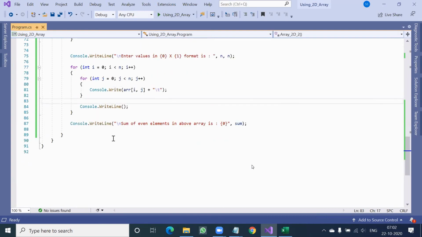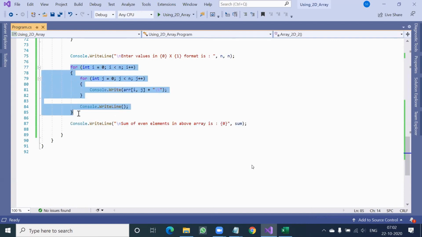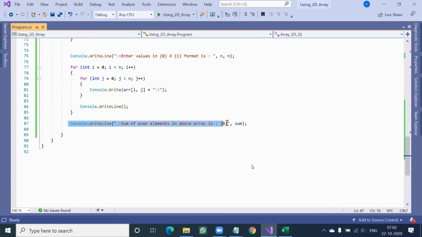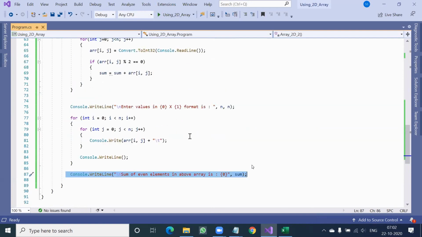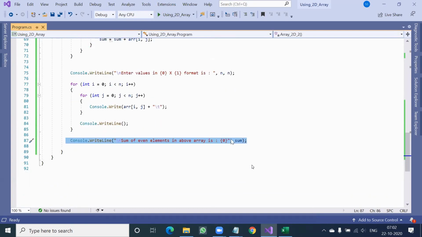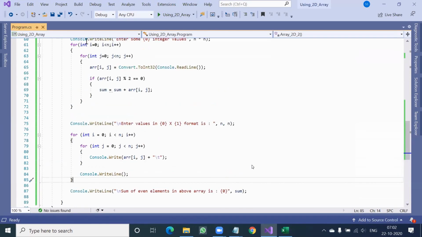One more question. These are all questions I am only generating because you are not asking. Suppose this line, instead of putting outside the loop, if I put it inside the loop, what will happen? For every number, it will display this line, isn't it? Sum is this, sum is this, sum is this. So we don't want that. We want only one simple line extremely at the last. So this line is not going to be repeated as per our question. That's why we put it outside the loop. All right.